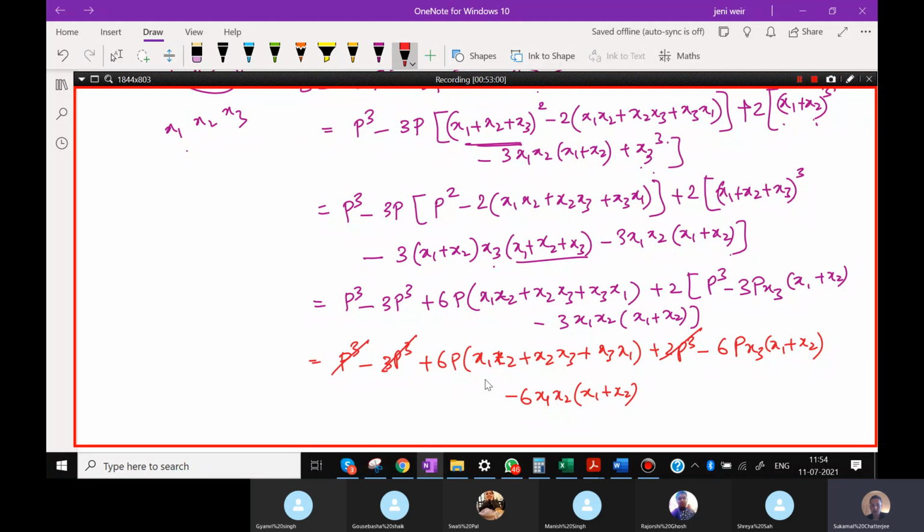Now we have x1 x2 into 6p, and I have x3 x1 into plus 6p, and I have x3 x1 into minus 6p. So this one will cancel out with this one. Then I have x2 x3 into 6p. So x2 x3 into minus 6p will cancel this one out. So I'll be left with this one, which is